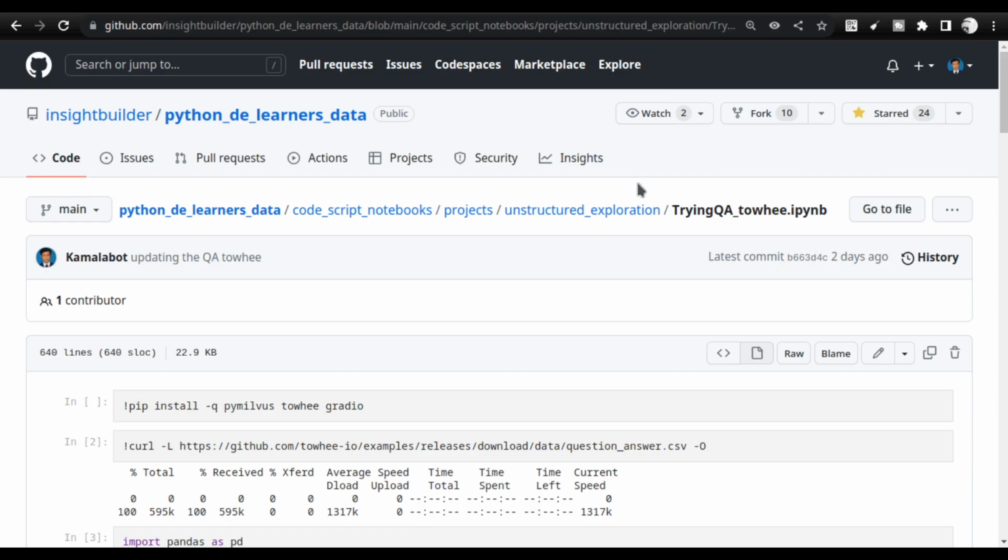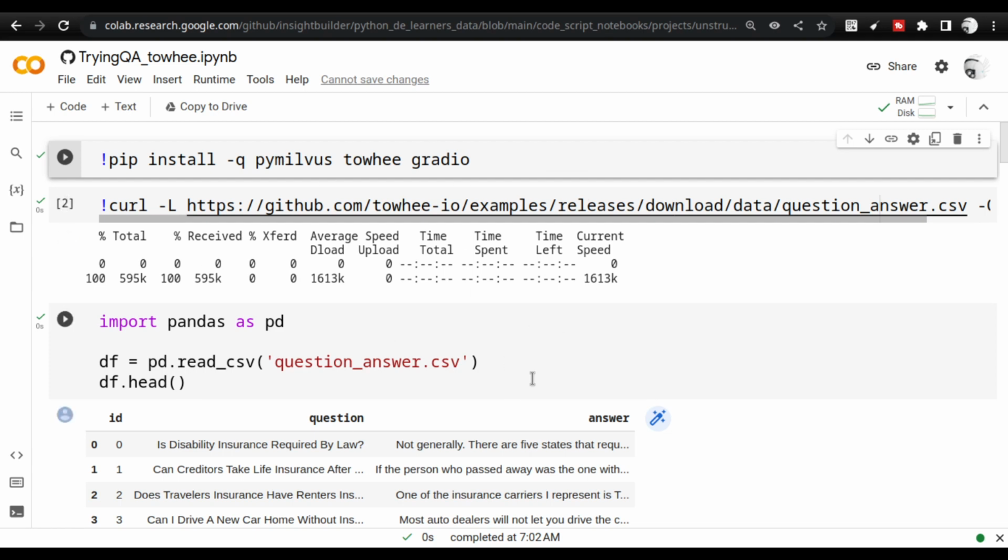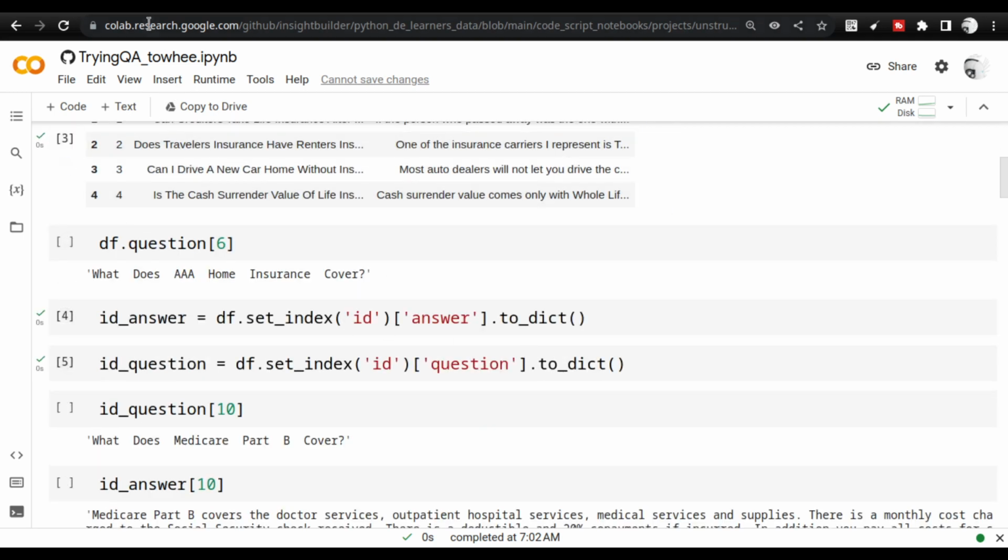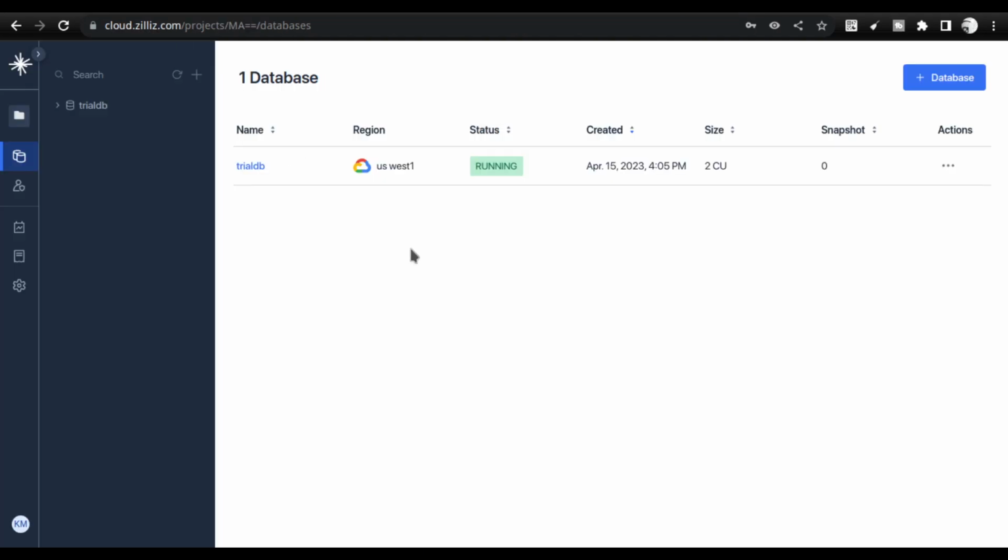The code that we'll be using for this video, I have shared in my GitHub repo, trying QA underscore Towhee.ipynb. You can just use it inside the Colab environment, and we'll be using it with the Milvus database. Milvus is a vector store database that is pretty stable. It has a very good ecosystem and very good backing from a good team of technical experts. The most important point I wanted to share is that you can host the Milvus database in the cloud under